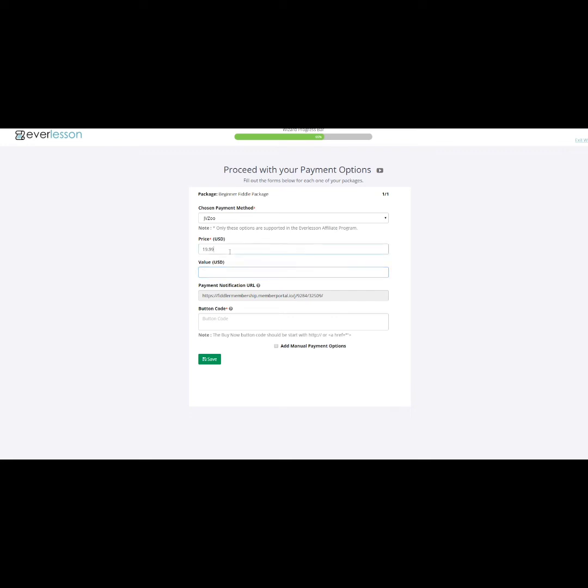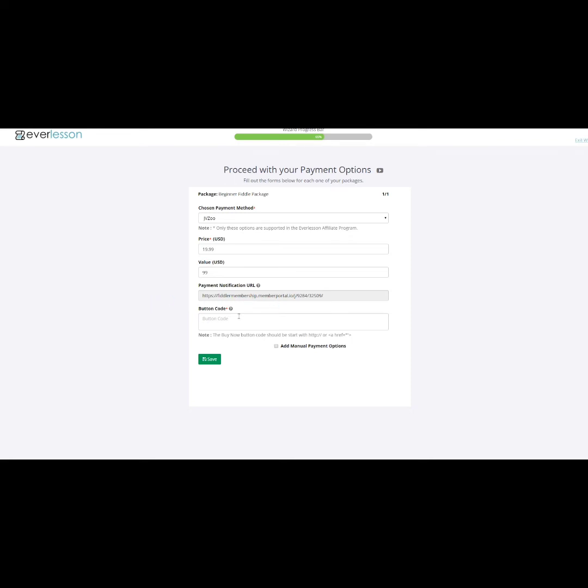Obviously, for the price, you're going to have to get financially smart and make sure that you're choosing a price that's going to convert best, and you might have to toy around with that and try a few different prices and split test and stuff. But for our purposes, let's go ahead and say we think this is worth $99 per